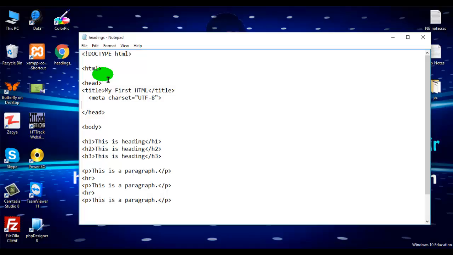The HTML title element is metadata. It defines the HTML document title. The title will not be displayed in the document but might be displayed in the browser tab. So here is the title. It will display at our browser tab. And what is this? This is meta, about the character set. HTML meta elements are also metadata. They can be used to define the character set and other information about the HTML document.